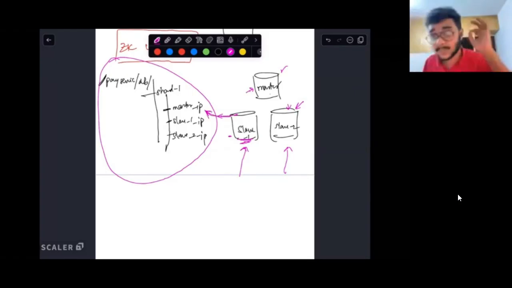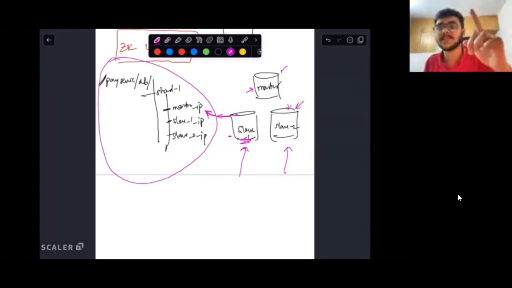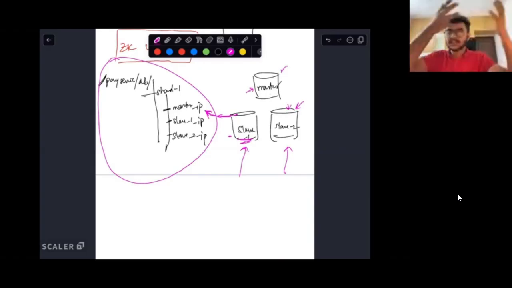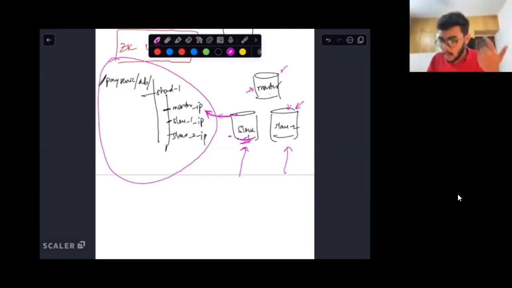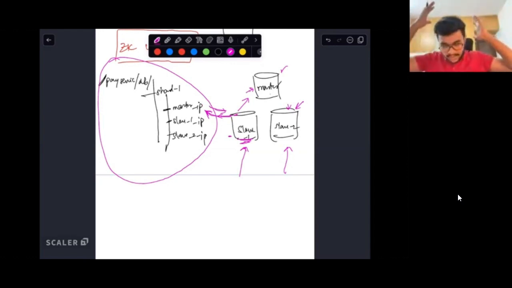It is going to specifically send a request for this master IP file because it knows that the master IP file is the one that is actually going to contain the IP address of the latest master, and whatever is the value in the master IP file will be returned to it by the Zookeeper machine, and it will then connect with it. Correct? Now let's say, yes, Zookeeper client is also running at the slave. Yes, Rishabh, this is exactly what I said. When I say slave is sending the request, I mean that the Zookeeper client is sending that request.